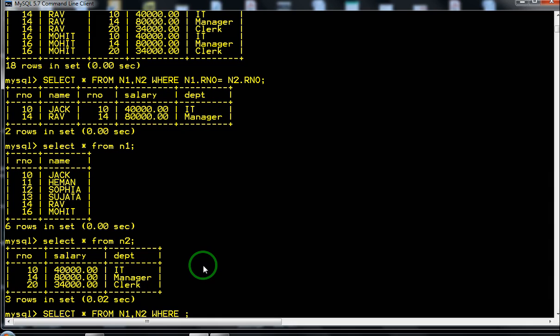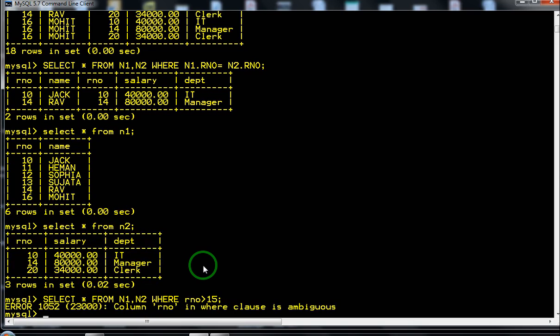So select star from n1 and n2, where we can write where roll number greater than 15. So only those roll numbers which are greater than 15, those records will be displayed from both the tables. So you can see over here n1 and n2 where roll number is greater than 15.